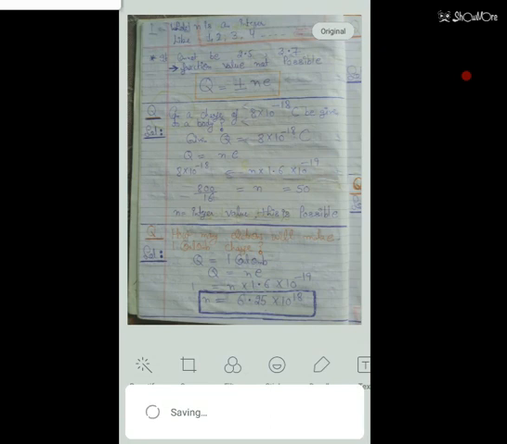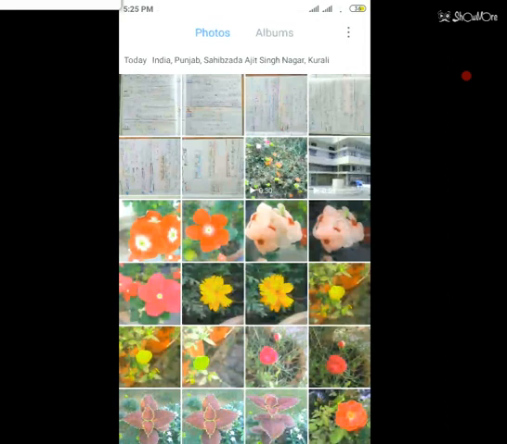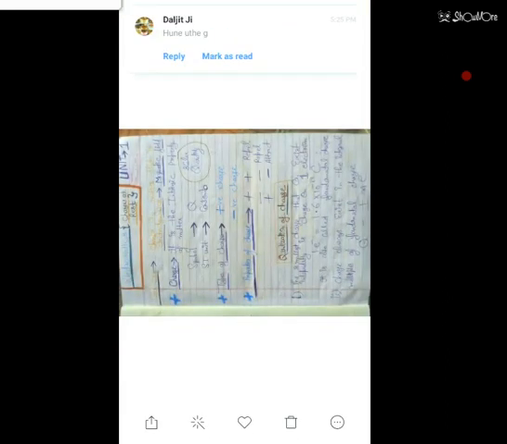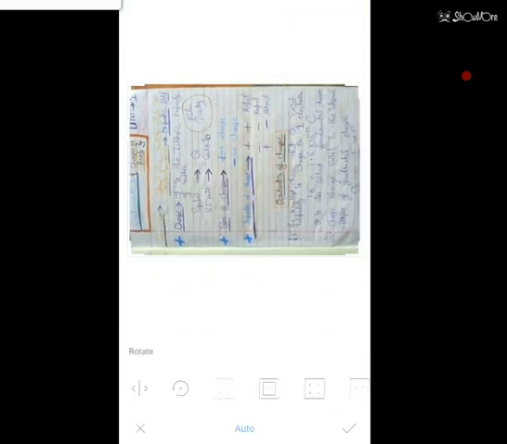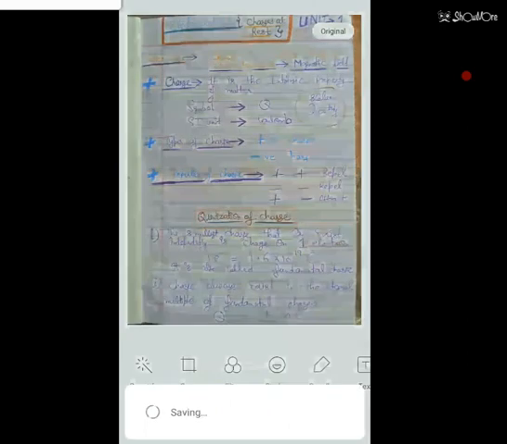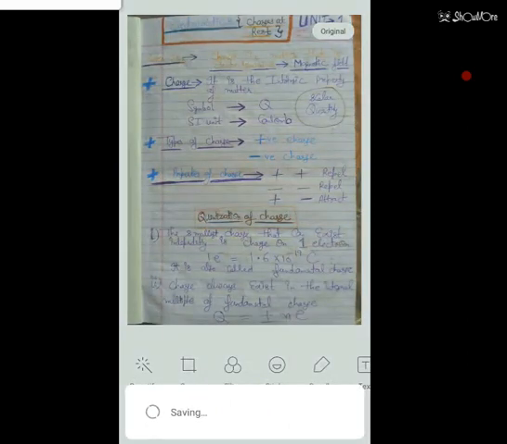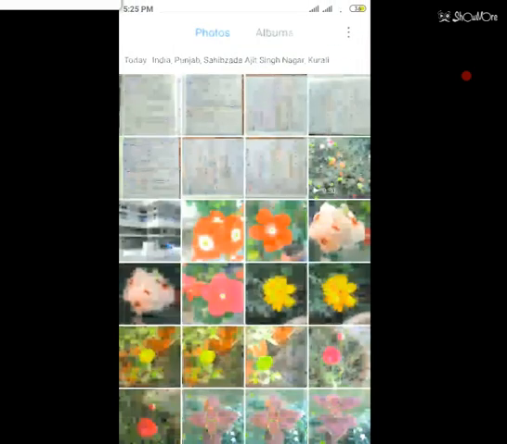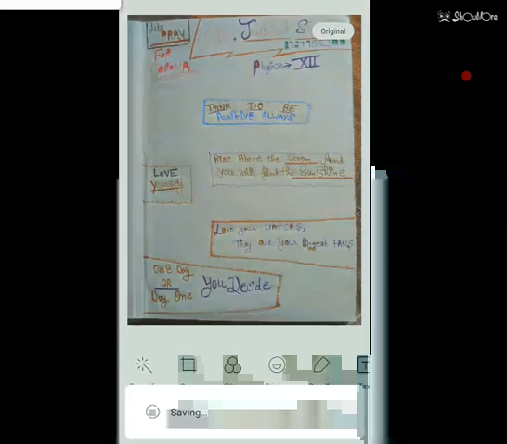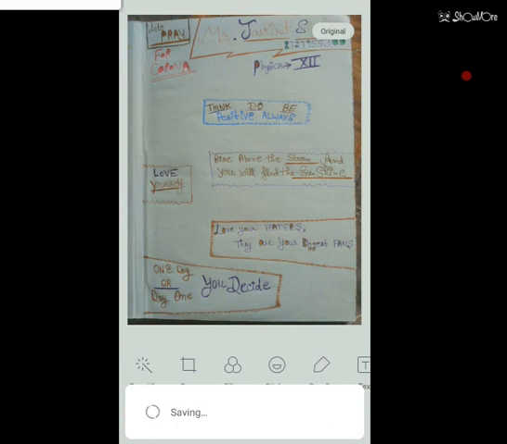So you have to rotate your phone's photographs. It will just take 1.5 minutes. It will not consume so much of your time, not 15 to 20 minutes. It will just take 1 minute. You have to pay attention. You have worked hard for 2 hours, so why send unnecessary or blurred images? This is page number 1, and I have rotated it. Now all four pages are rotated, and I am deleting the unnecessary pages.